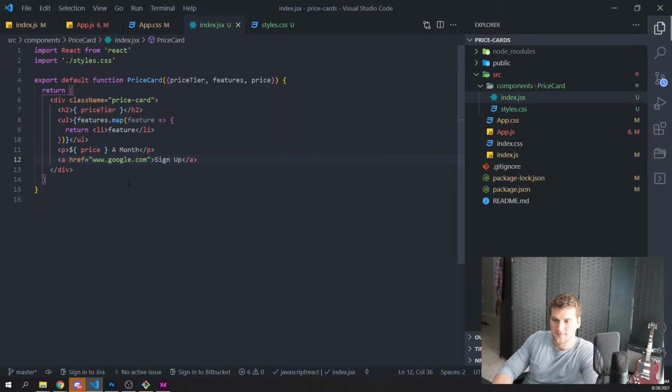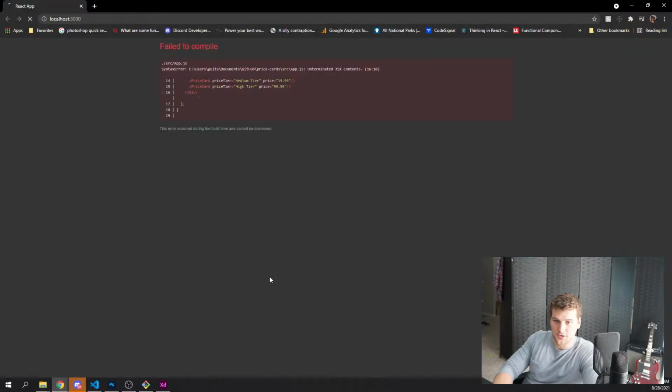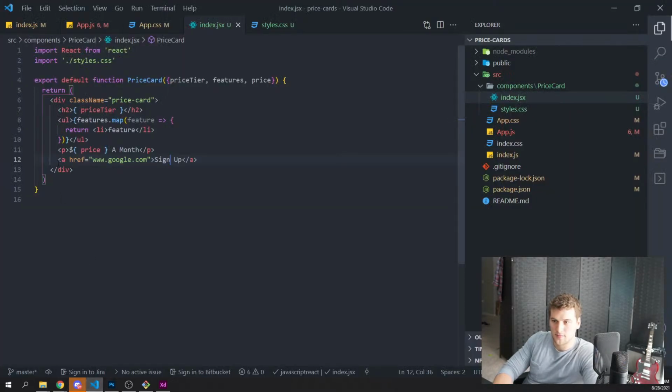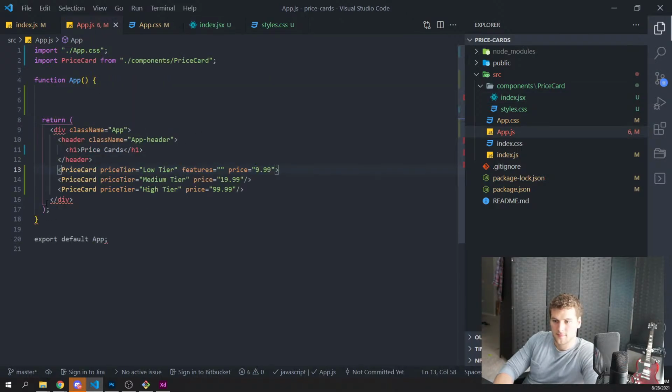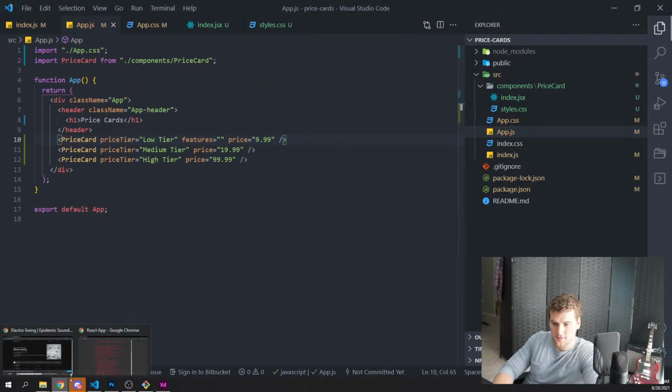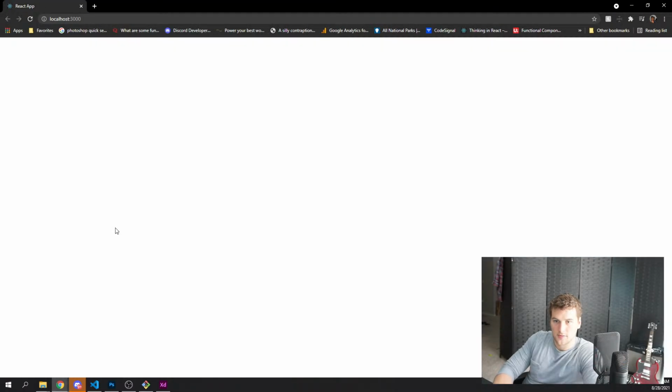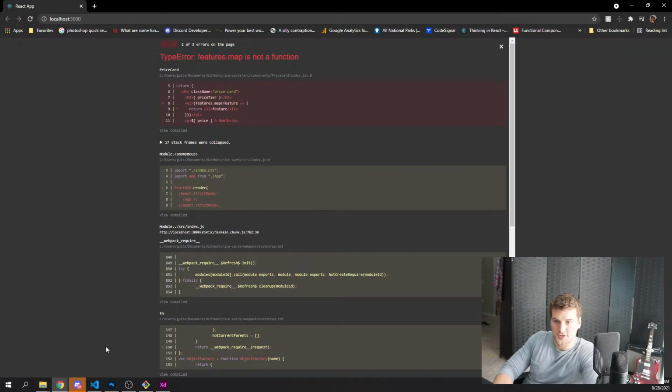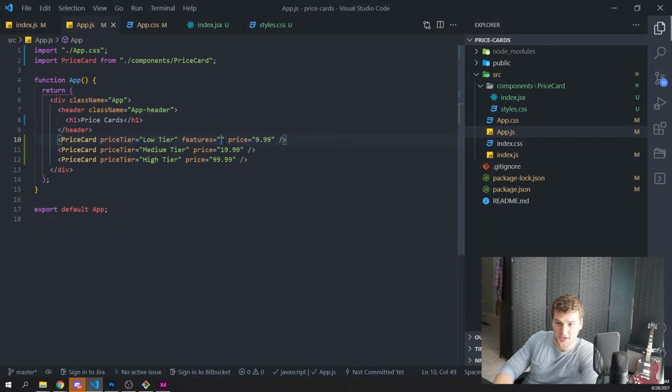Boom. Now it goes somewhere. Will this load now? Nope. What are we missing here? That one's not self-closing. Features.map is not a function because that's still not getting.